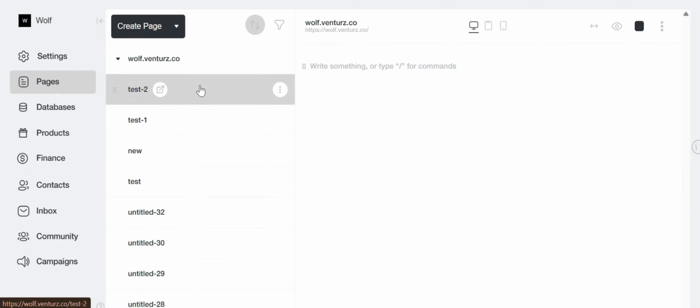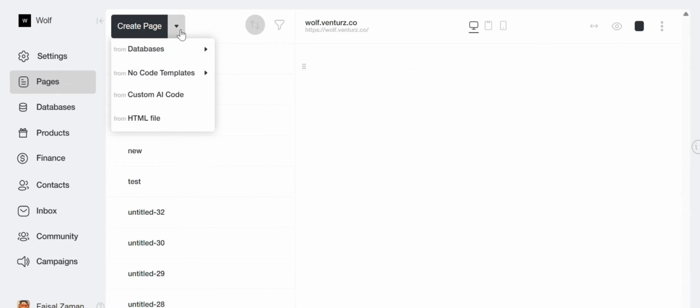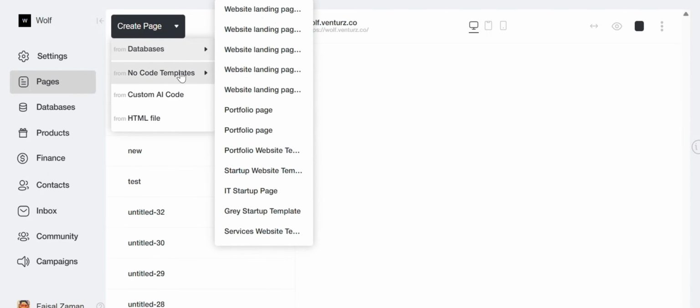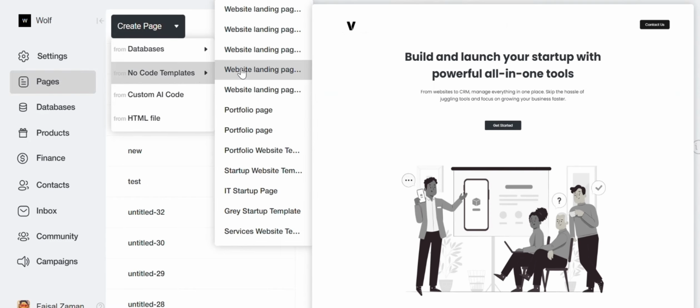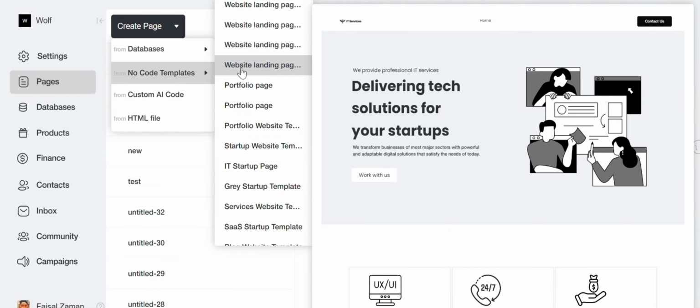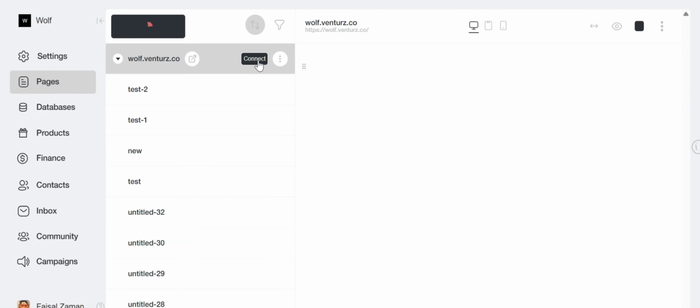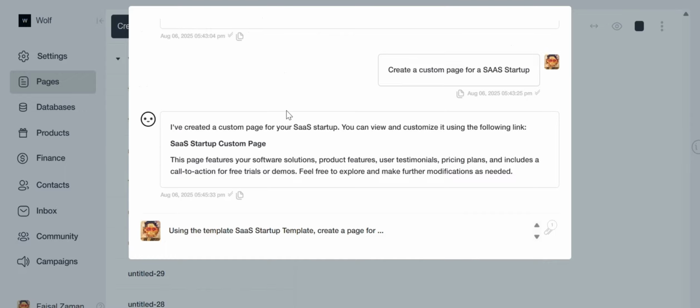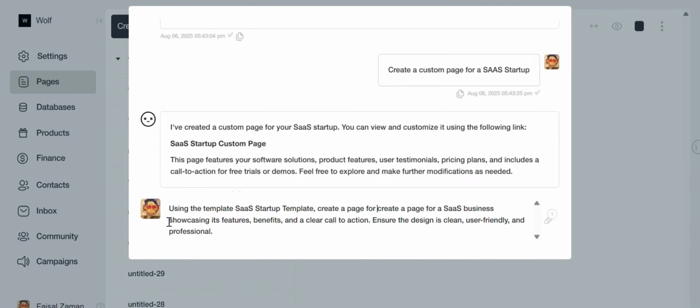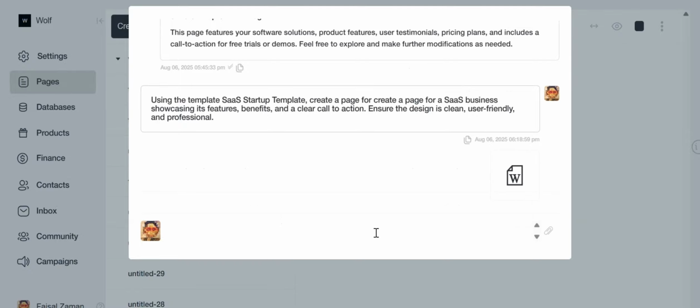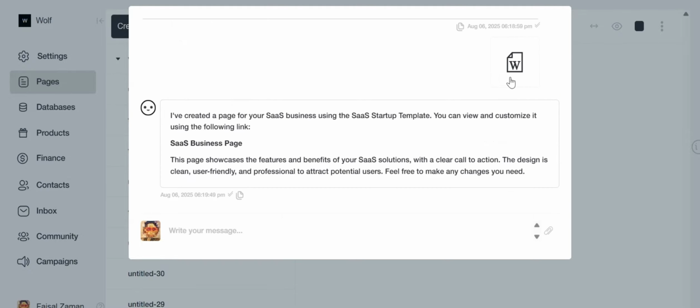To get started, go to Pages and click the Create Page button. Let's begin with no-code templates. Choose any pre-built template that fits your business. Once you've selected one, click on it, and an option for AI will appear with a pre-added prompt. Now, just paste your custom prompt into the field, and the AI will automatically adjust the template to meet your needs. Once the page is created, the AI will send a message confirming that the new page has been added